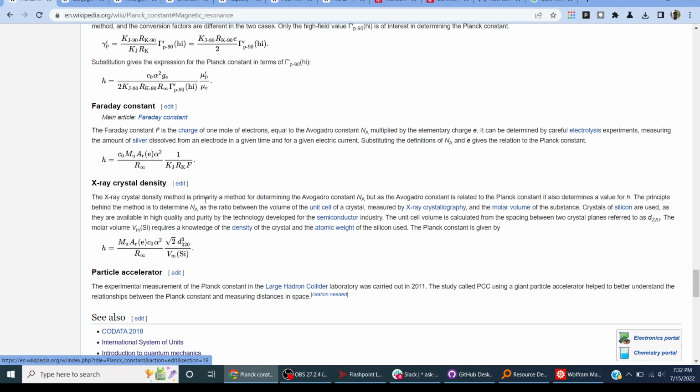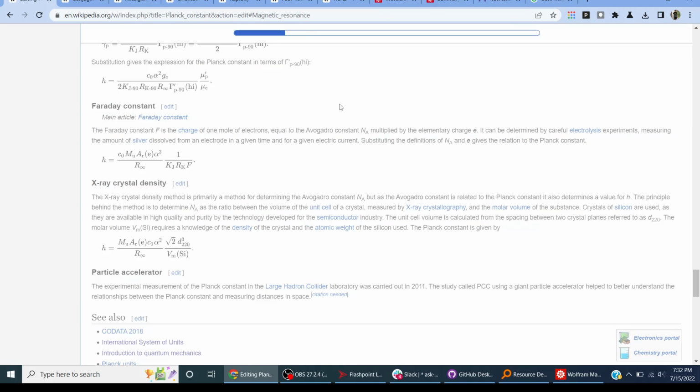The X-ray crystal density method is primarily a method for determining the Avogadro constant N sub A. The Avogadro constant is related to the Planck constant, so it also determines the value for h. The principle behind the method is to determine N sub A as the ratio between the volume of the unit cell of a crystal measured by, let me hyperlink this,